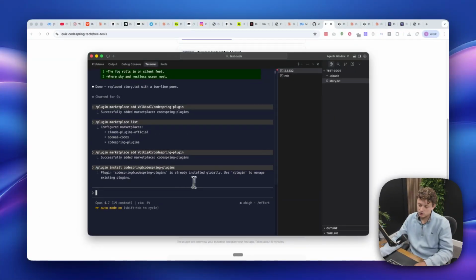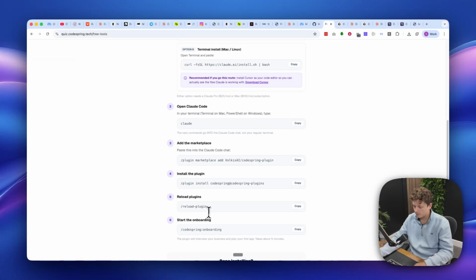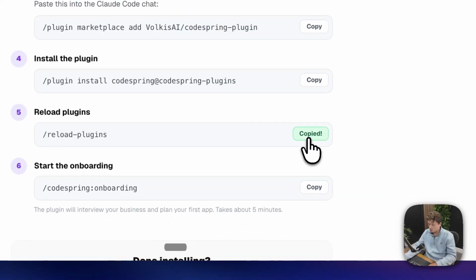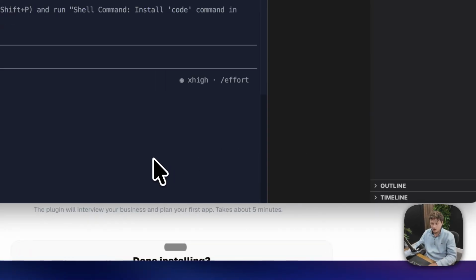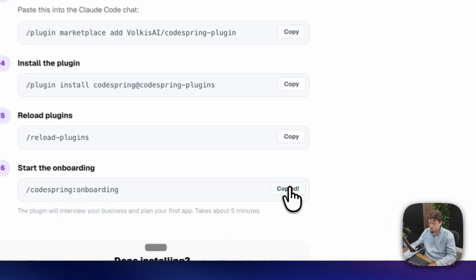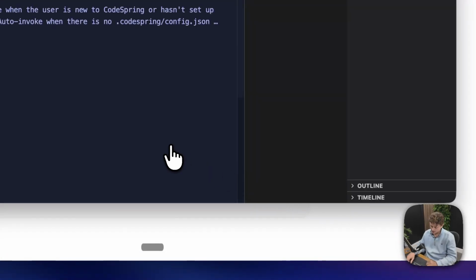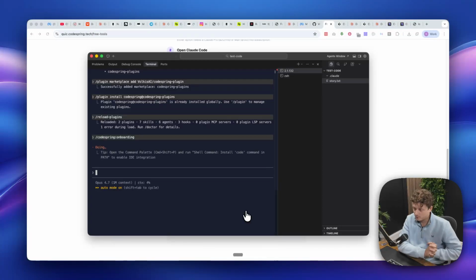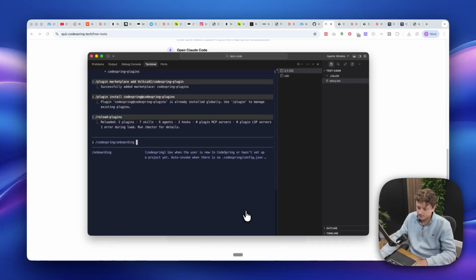Now mine's already installed, but yours should then go ahead and install it. Could not be simpler. Now all we need to do is run this command, paste it in here, reload plugins, okay? And now it should have loaded up for you. So the next thing we need to do is copy this command, and then we're going to run this, and this is really where the magic starts to happen, because we are going to be able to start